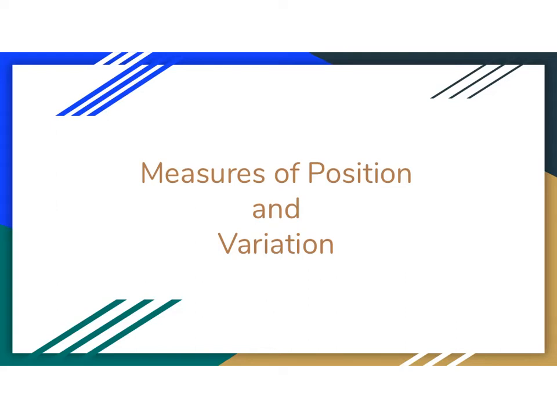So in this video, we're going to talk about what we call measures of position and variation. And when we talk about position and variation, what we're really talking about is how spread out our data is. So we've looked at the mean and the median, which were center measures, telling us typical values of the distribution. Now that we know those typical values, I want to know how far the other values in the distribution